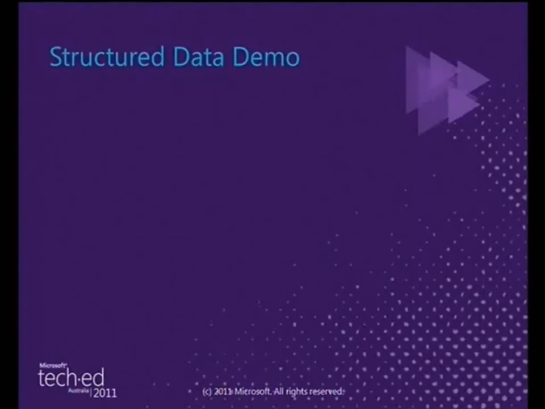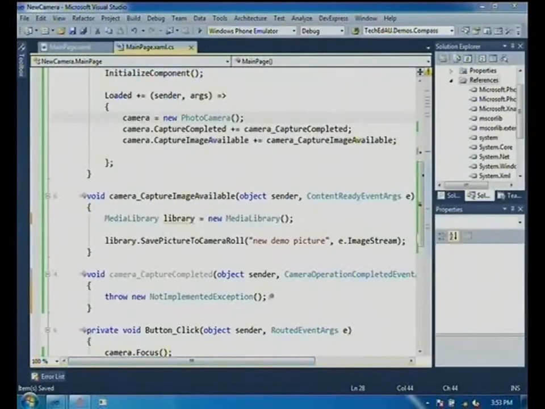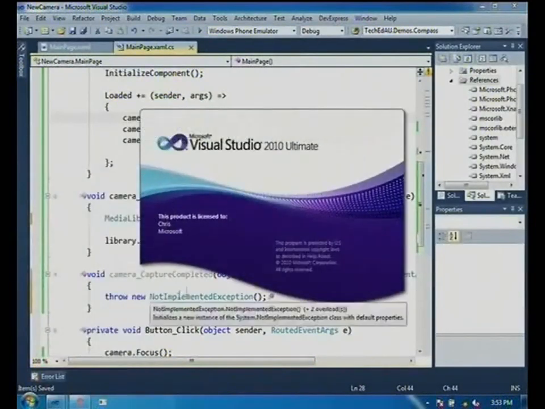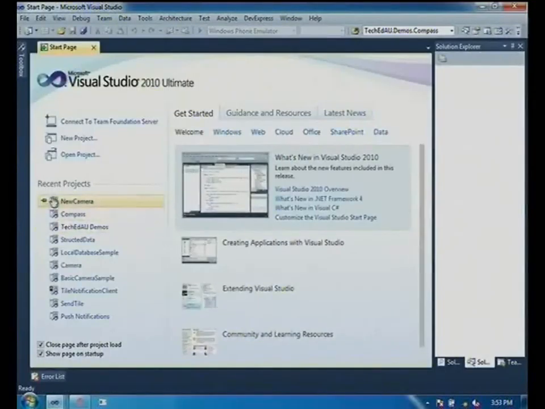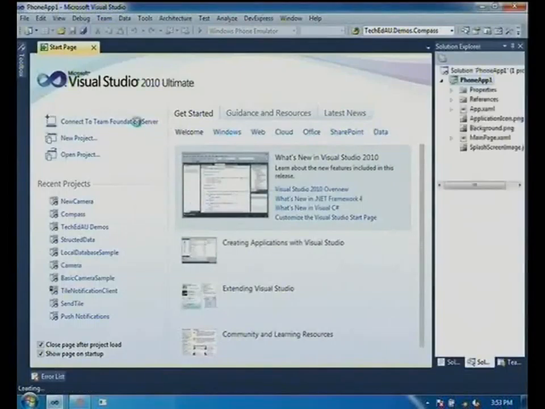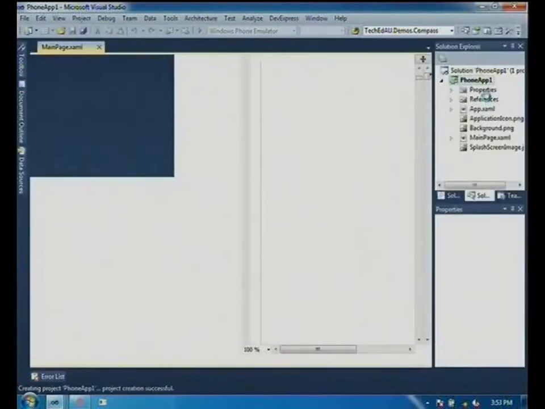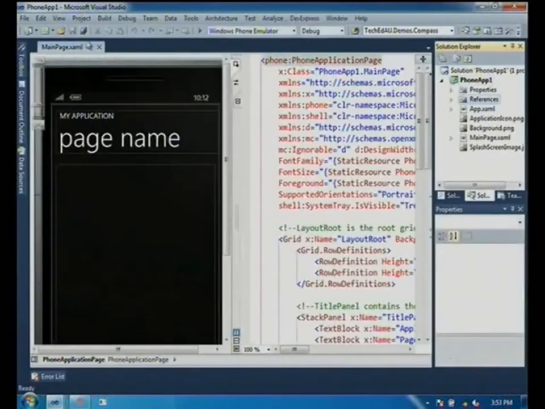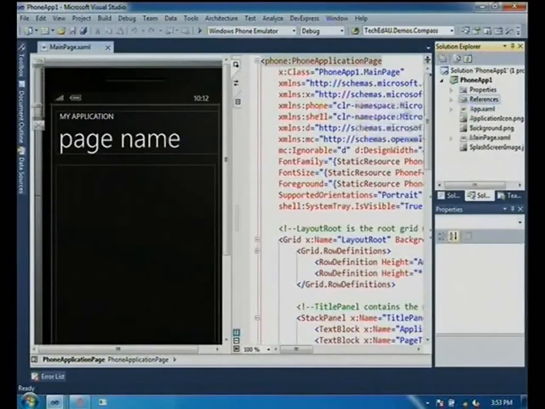So now I'll show you a quick demo of how to whip up a database context. We don't need that.